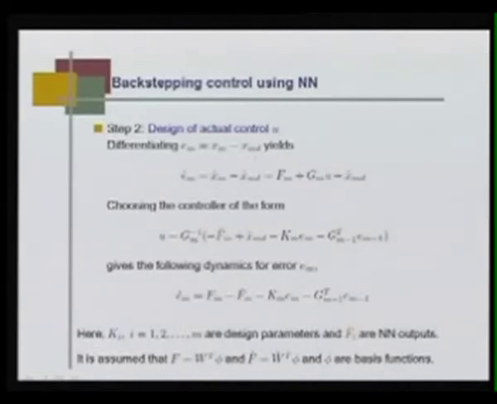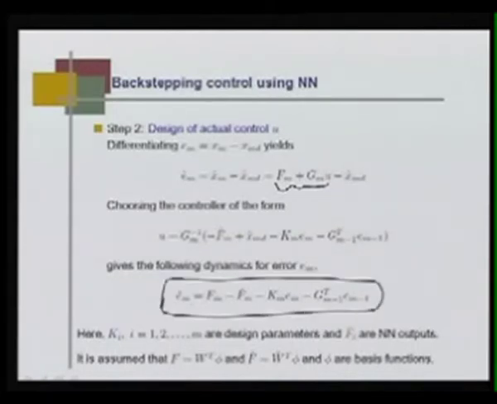The time derivative of that is fm plus gm u minus xmd dot, because xm dot is already given by this quantity by the strict feedback form. Choosing u, again found using the Lyapunov function approach, when we assume that fm is known, this is the control action that will stabilize. So, this is my final closed loop error dynamics: em dot is fm minus fm hat minus km em minus gm minus 1 transpose em minus 1, where